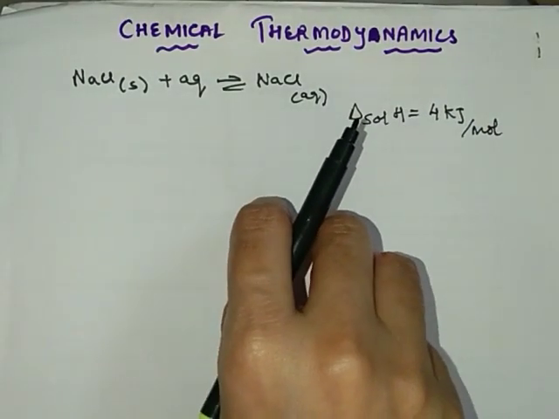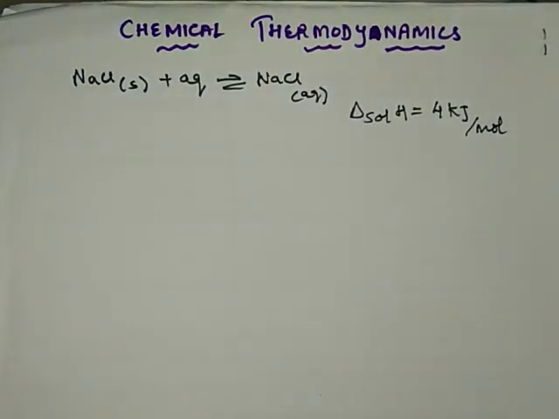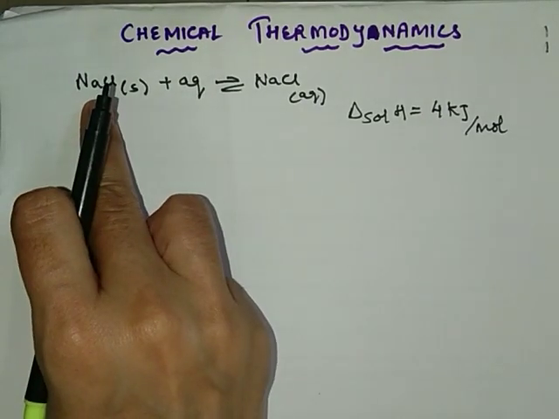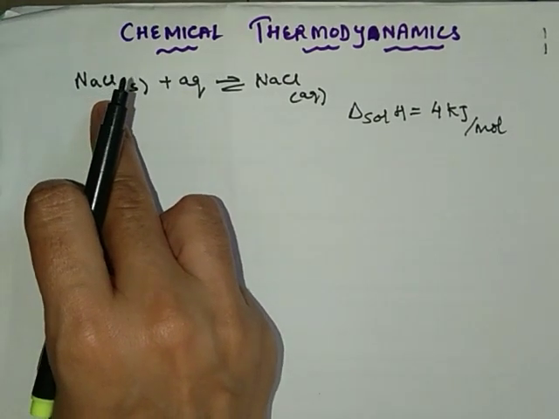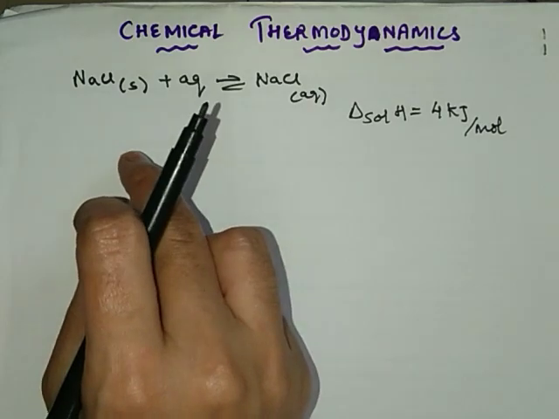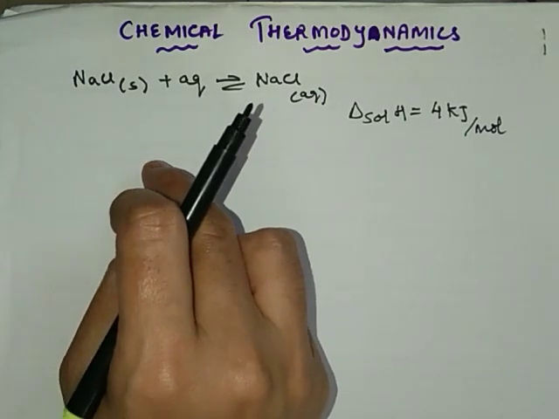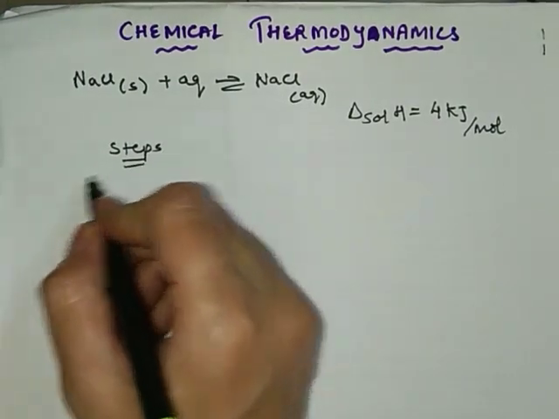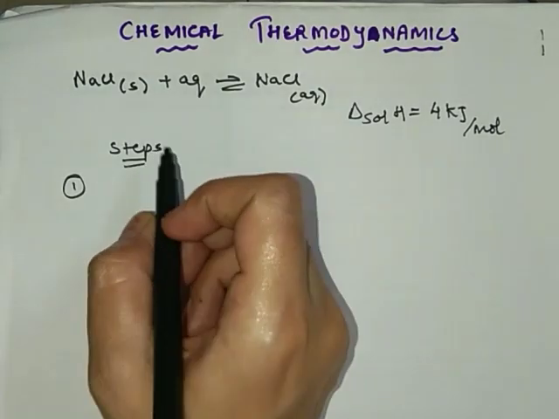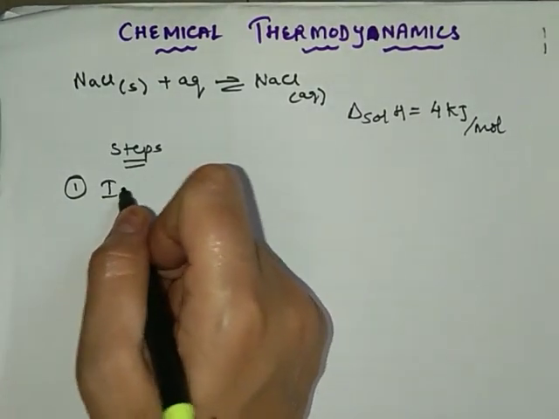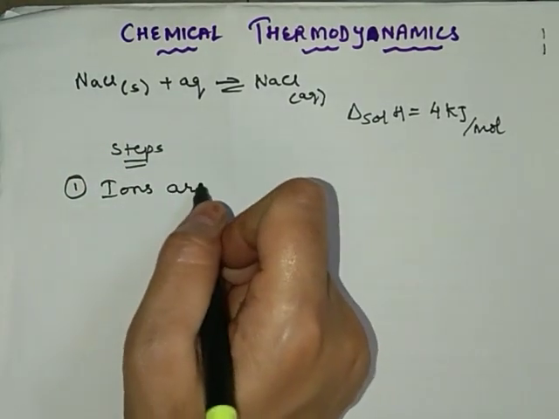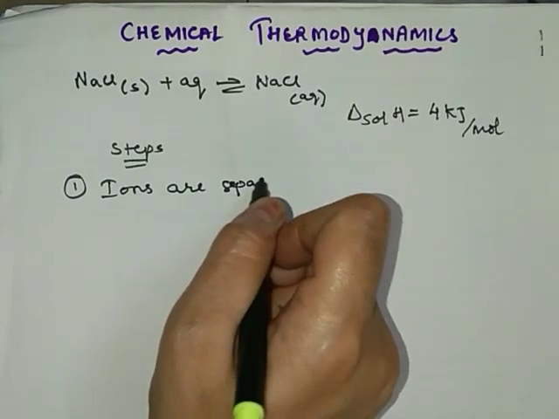Now what are the steps involved in dissolving any solute in a solvent? This NaCl is an ionic compound, and we know ionic compounds have high solubility in water. So any ionic compound dissolves in water, or you can say aqueous medium, in 2 steps. Now we will see these 2 steps. The first step is what? First the ions in the ionic compound are separated. Ions are separated